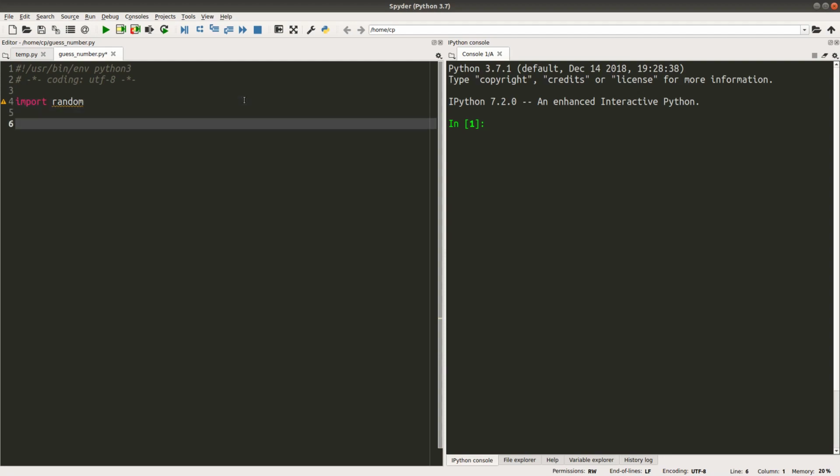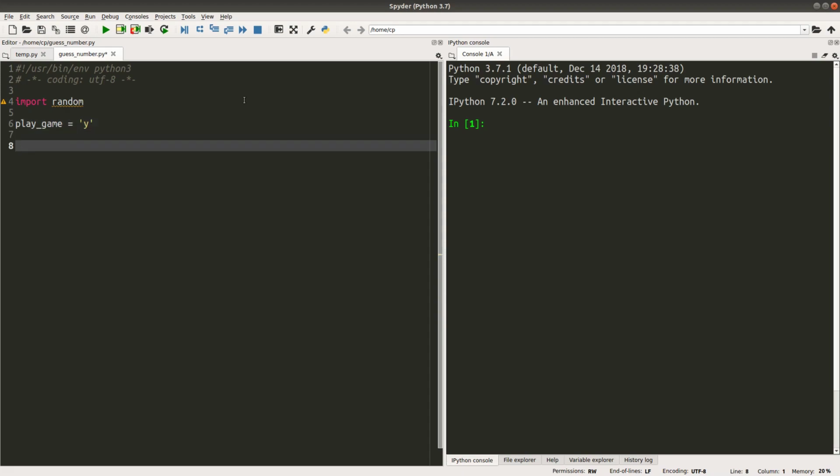The user has to at least guess the number once, so I can set a variable to remember the intention of the player to do the guessing game. I can set the variable play game to store the intention. For example, I can use a small letter y to indicate the intention to play the game.